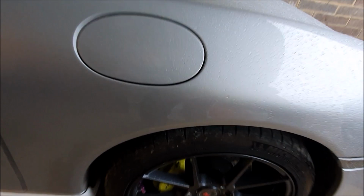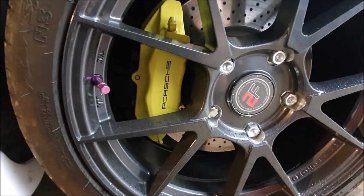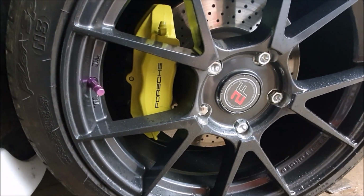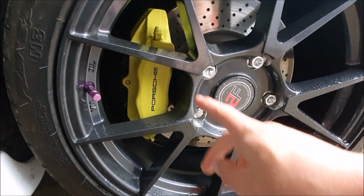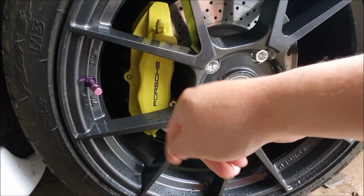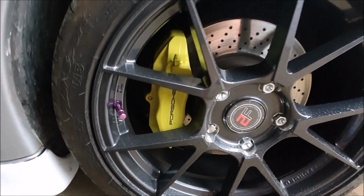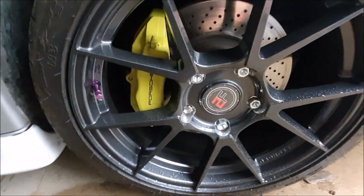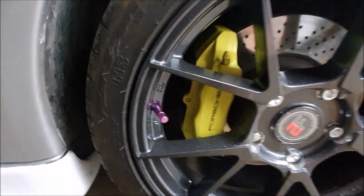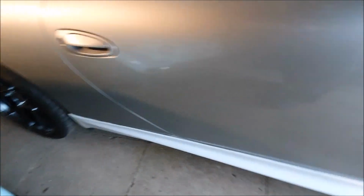Okay, so calipers first. Here's the calipers. Now, this one I had problems with. I stupidly, originally, put the decal the wrong way around. So I took it off, rubbed it down, put a new one on, and for some reason the paint reacted, but I'm not too worried about it. Well, if I have to get it sorted again, I will. But there's my lovely shiny new wheels. So there's the calipers, purple valves. Same for the rear. There you go, you can just see them. But